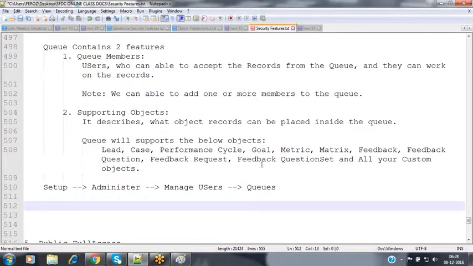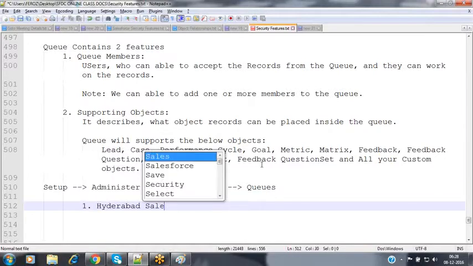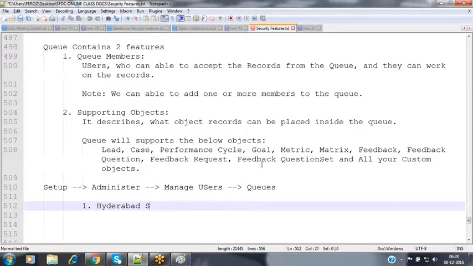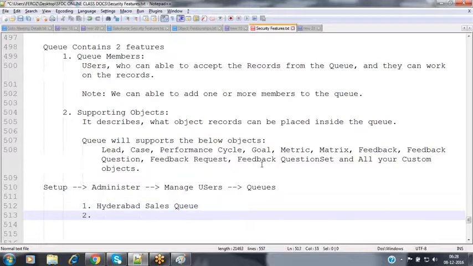Inside my organization, I want to create four queues. One is Hyderabad sales queue, or service queue, whatever. I'm creating some sales queues. Second one, Bangalore sales queue.